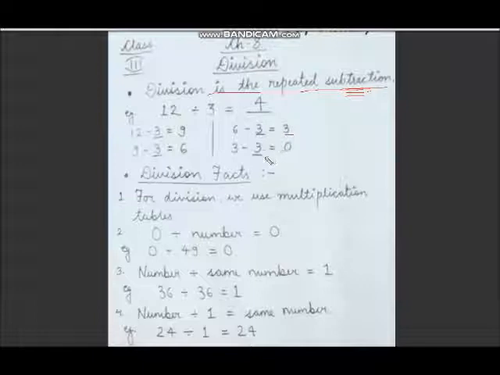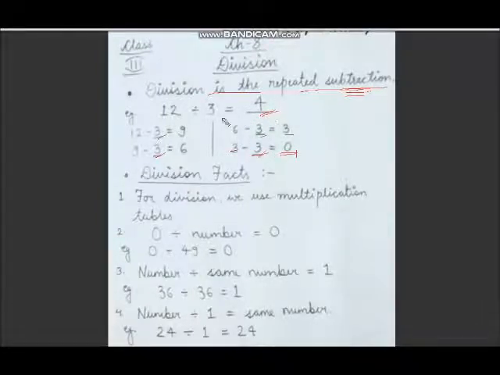Then, at last, we will subtract this 3 from this 3 only. So, 3 minus 3 is 0. At last, we want a 0. यानी जब हमारे लास्ट में 0 आ जाएगा, by subtracting 3, then we will count how many times we have subtracted this 3. So 1, 2, 3 and 4 times we have subtracted this 3. So the answer will be 4 because हमने इसको 4 times subtract किया था.